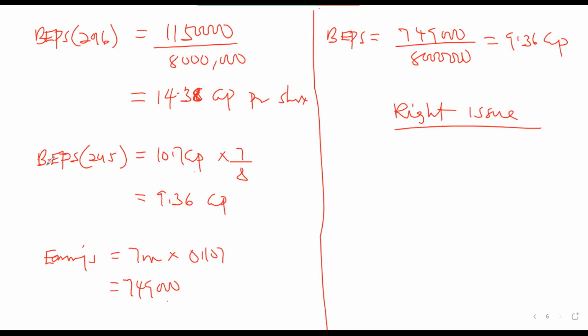Right issue. The right issue is different from what? The bonus issue. But what you have to know is that a bonus issue does not come with additional cash. There is no cash. But the right issue will come with additional cash, but there will also be a bonus element in it. What is going to happen is that the shares will be having a current market value of